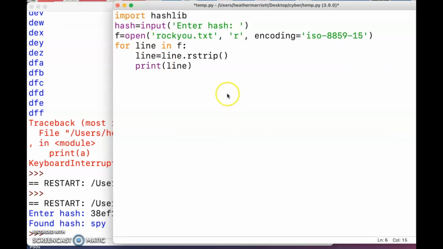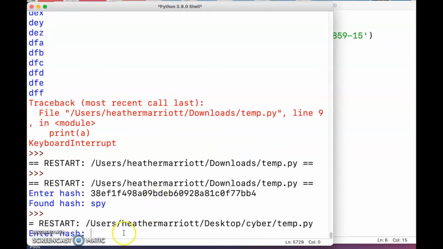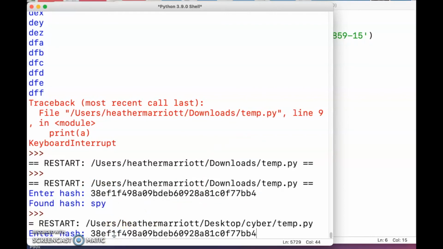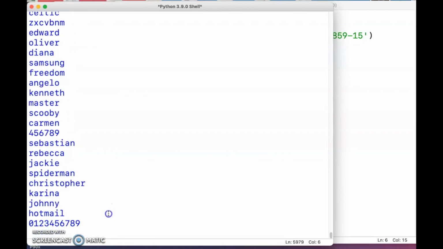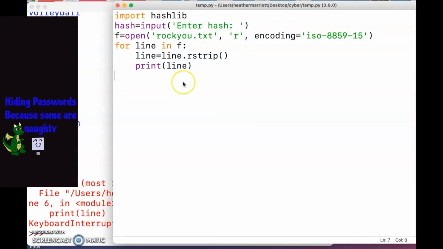And if we run this, I don't want to watch 14 million of those, but let's say we were looking for that hash for spy. And we want to know, is that in the rockyou file? Is that one of the ones in there? And it's going to go through, and these are all people's passwords that were stored in that rockyou file. And we can use that same